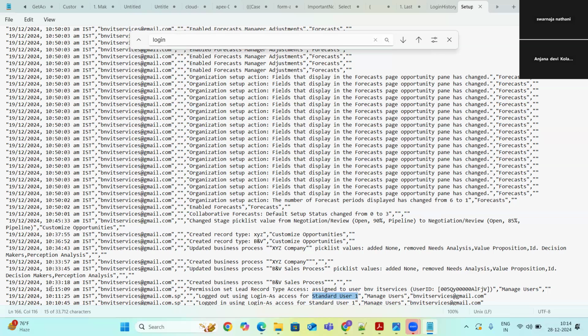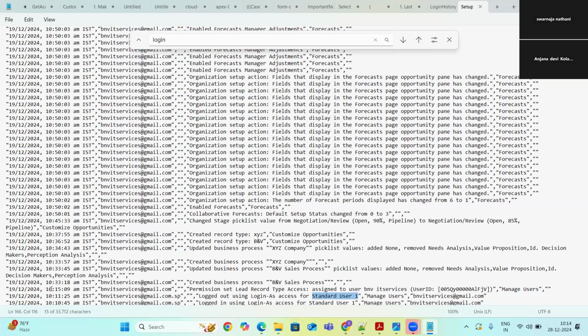That is nothing but the audit trail. In some interviews they'll ask, have you checked the audit trail? Have you worked on the audit trail? Then yes, we use the audit trail. The audit trail is the one which captures each and every action that is done by the logged in user.